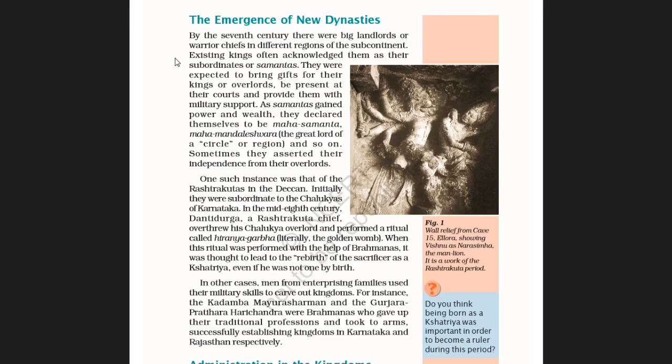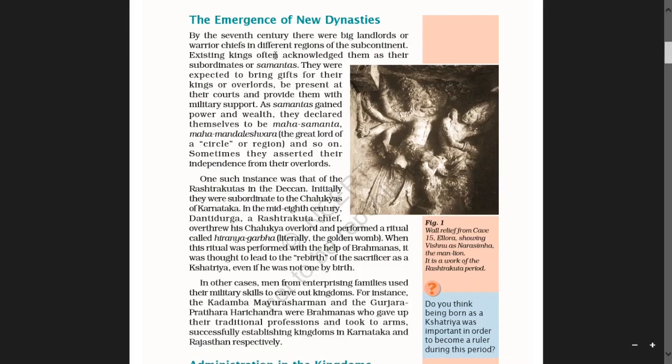Warriors means soldiers, and warrior chiefs, chiefs means persons who command or have control over an organization, in different regions of the subcontinent.